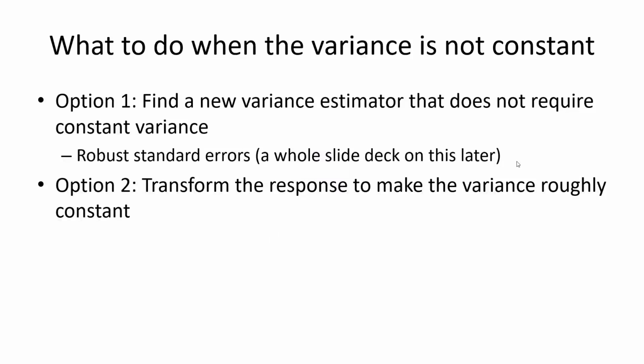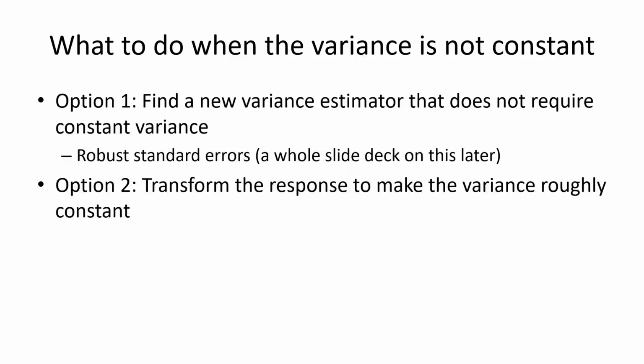Okay, so what do we do when the variance is not constant? We have to do a little bit more than complain. So there are two options. One is to find a new variance estimator that does not require a constant variance. That's the out-of-the-box solution. This topic is the robust standard errors, so this exists, and we have a whole slide